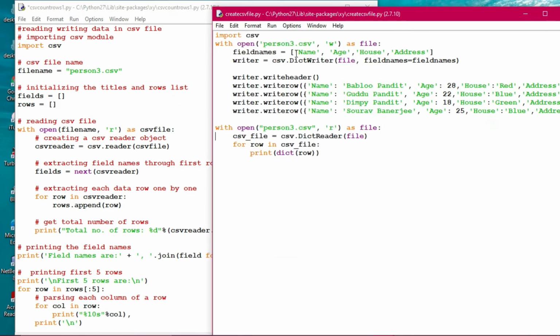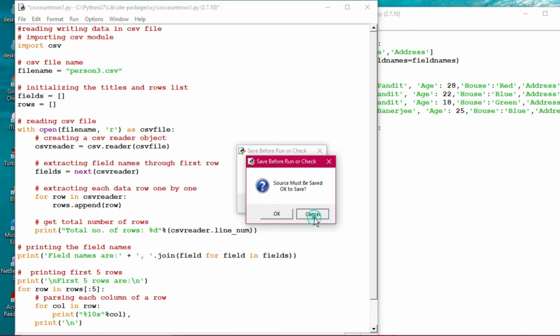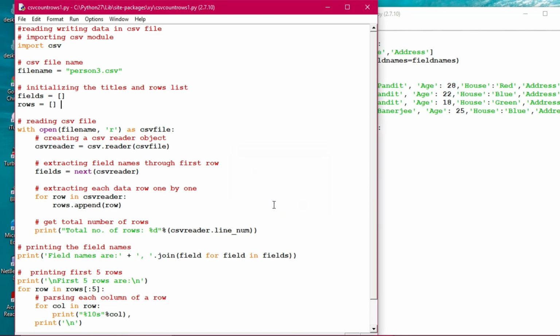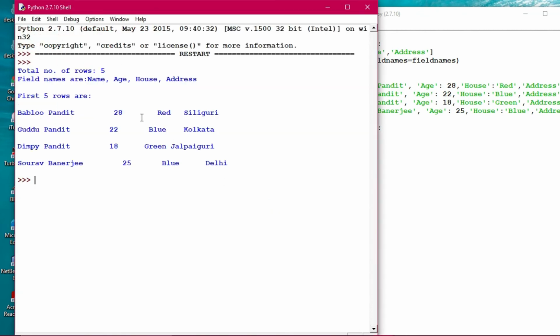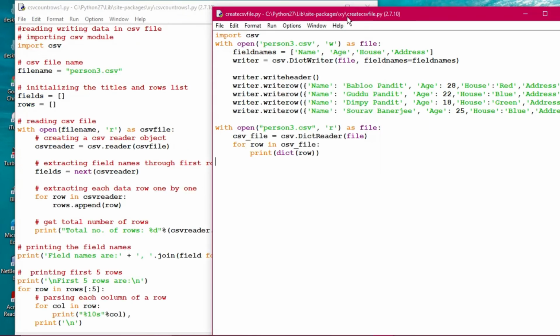So what I have done now with this program is create person 3. Now I am executing a very good program for your practical projects. This program has been created now. As I have mentioned it over there, the file has been created. So let's check once whether the file has been created or not. You see out here, simple.